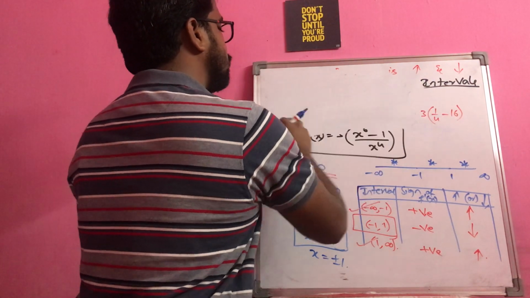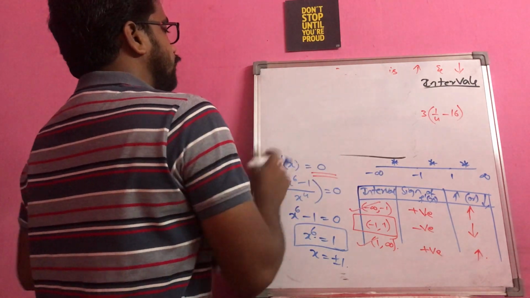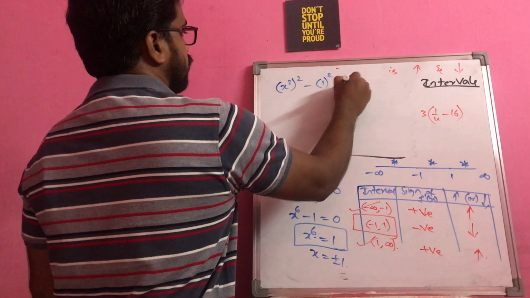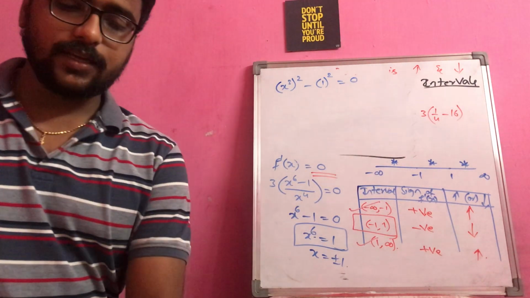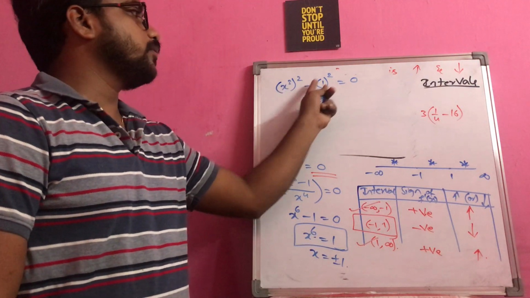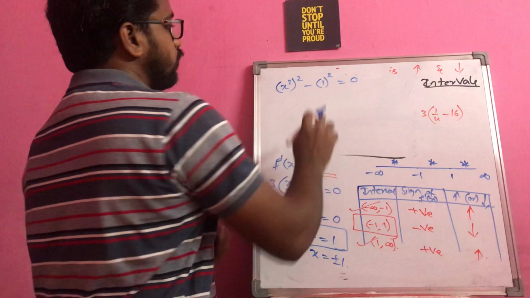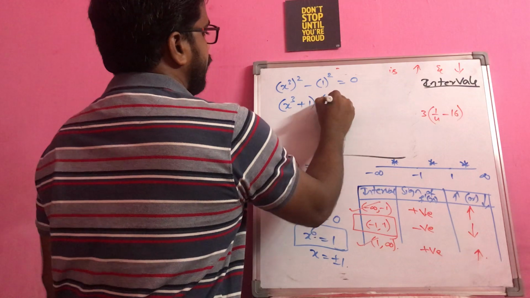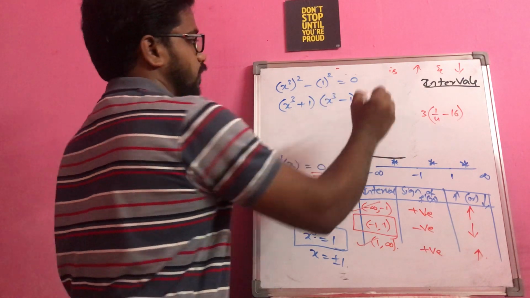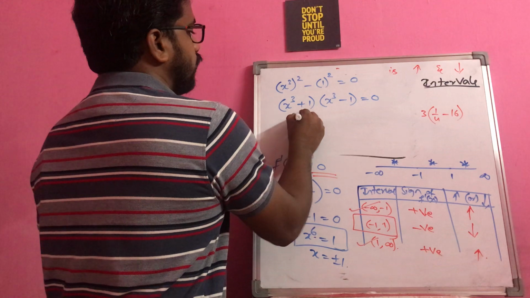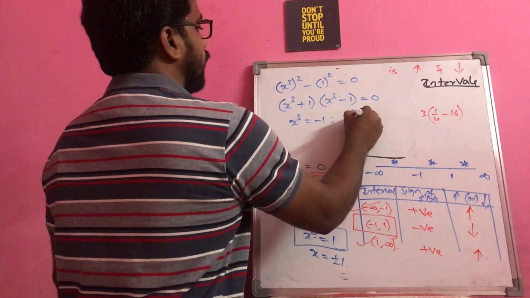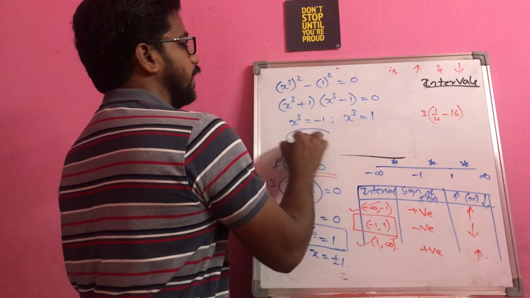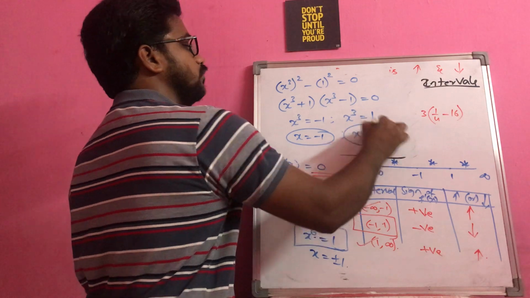You see here x power 6 minus 1 you are having now. If you want, you can write like this: x cube whole square minus 1 square is equal to 0, correct? I am just sending this 1 to the left side. This is of the form a square minus b square. Then I will write a plus b into a minus b is equal to 0. If you simplify this further, x cube is equal to minus 1, x cube is equal to 1. So if you remove this cube root, you will get x is equal to minus 1, and from this you will get x is equal to 1.